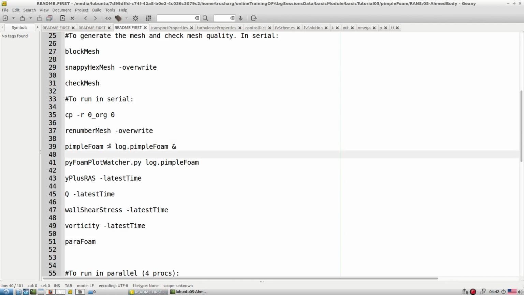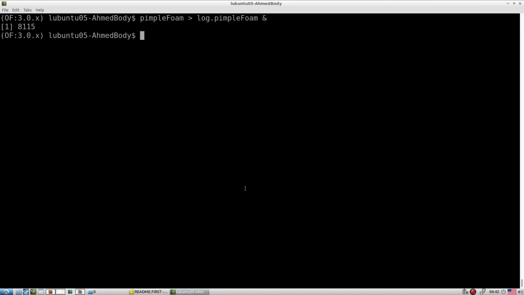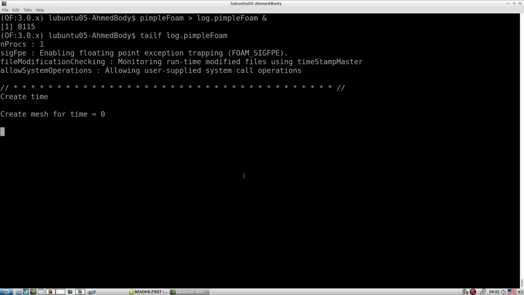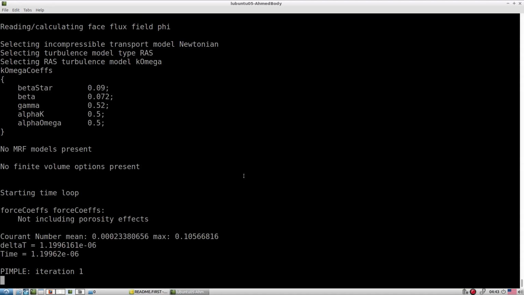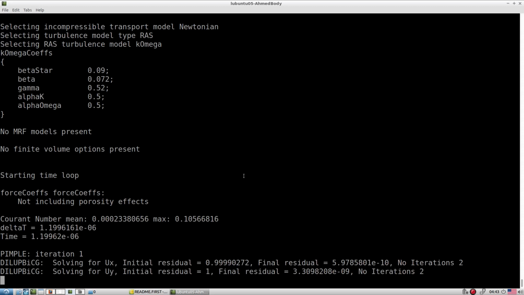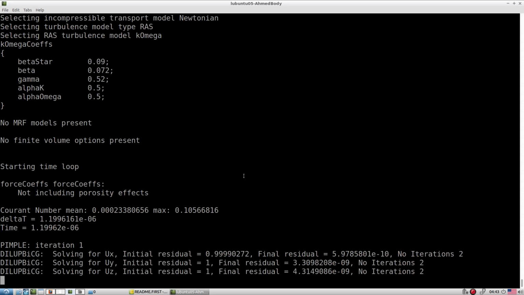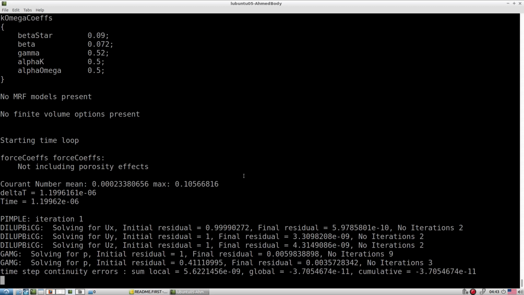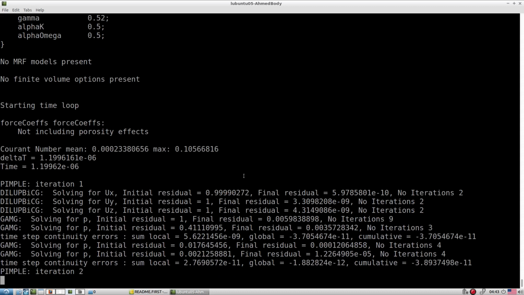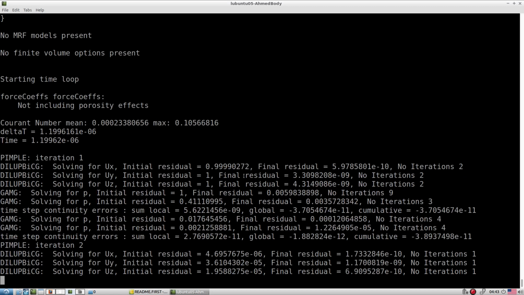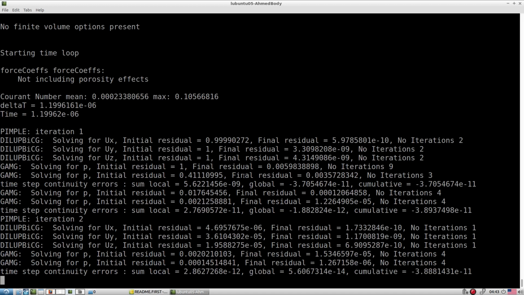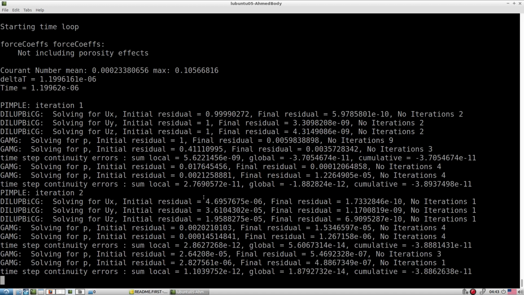Let's start the simulation with our regular command. Let me check whether it's working fine or not. We are not going to simulate it completely right now, because it may take something like 7 to 10 hours. But I am just checking whether it's working properly or not. Let's finish 1 or 2 iterations.